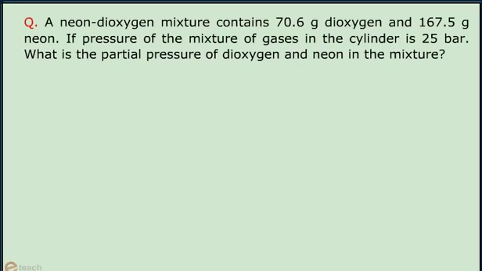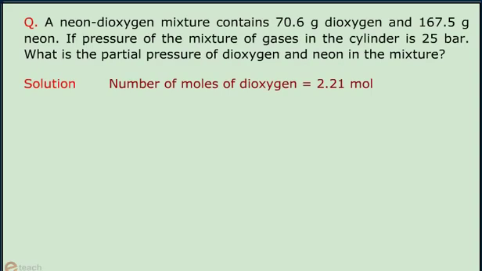Let us take another question. A neon dioxygen mixture contains 70.6 gram dioxygen and 167.5 gram neon. If the pressure of the mixture of gases in the cylinder is 25 bar, what is the partial pressure of dioxygen and neon in the mixture? Let's see the solution. The number of moles of dioxygen is equal to 2.21 mole. The number of moles of neon is equal to